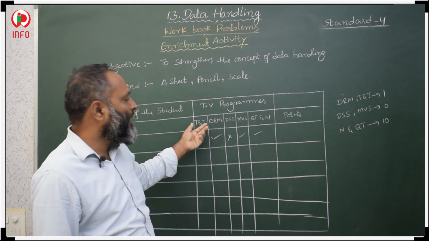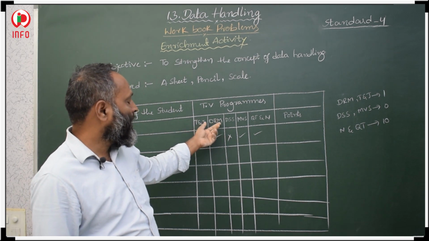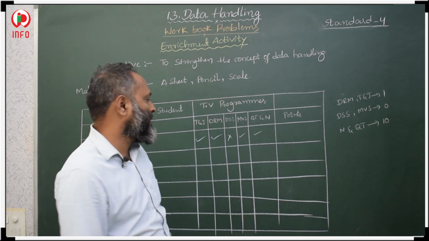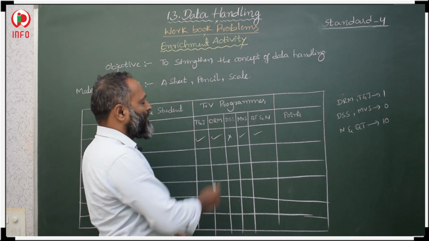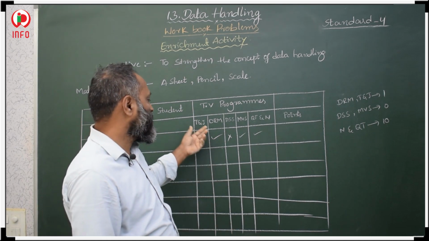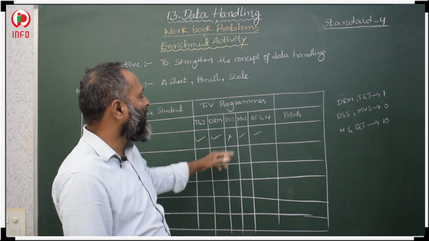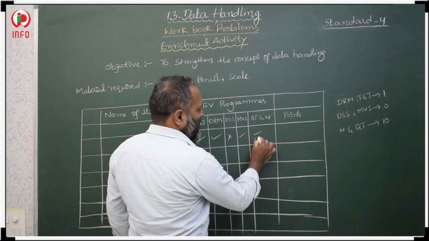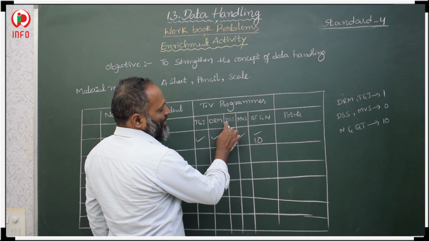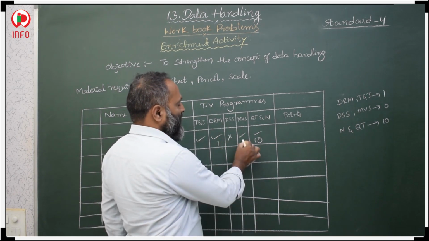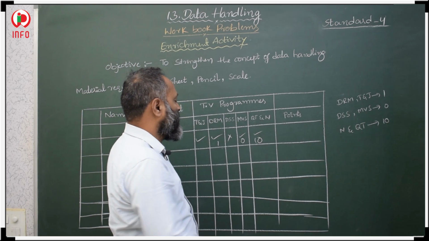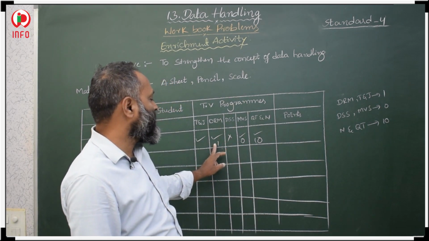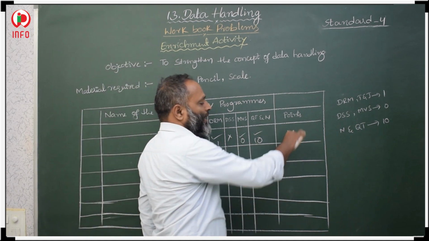If any student watched Tom and Jerry and Doraemon, these cartoons, then he should get 1 mark, 1 point. These two come under cartoons, so here he will get 1 mark, and also he is watching quiz time and news, here he will get 10 marks. For movies he will get 0 marks, and daily soap serial also 0 marks. So according to that, how many points will the particular student get? 11 points. He will get 11 points.